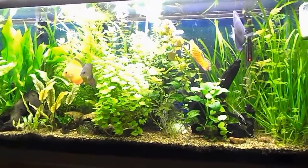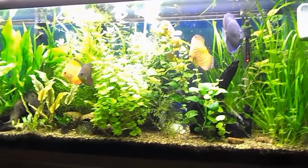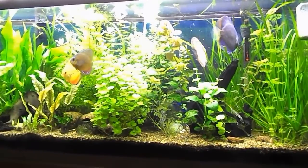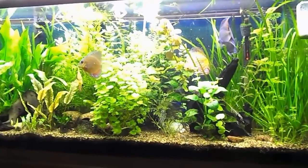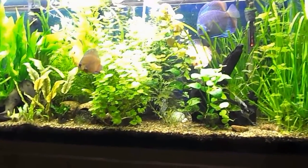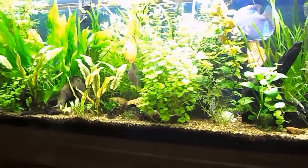And you'll find that as the plants get higher and higher up in the tank, they start looking a little better. And yet down below at the stone level, the base of the tank, they tend to look weedy and stringy. There may be a lot of leaf die-off, and that's often associated with a lack of light. The other thing is the gravel here. My gravel is probably 4 or 5 inches